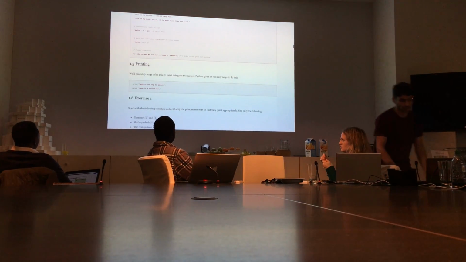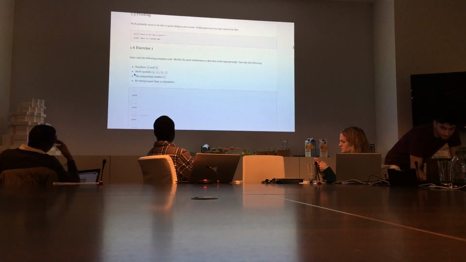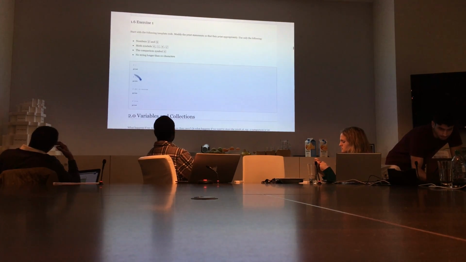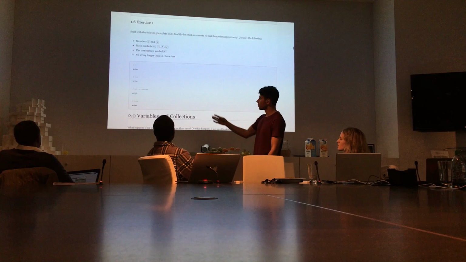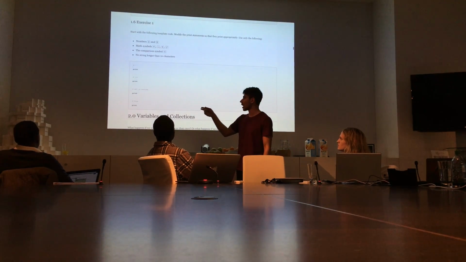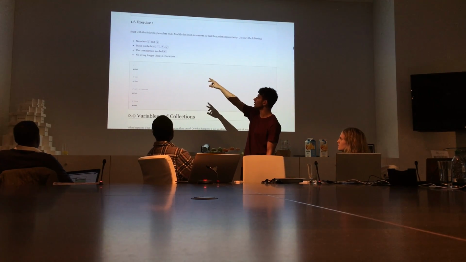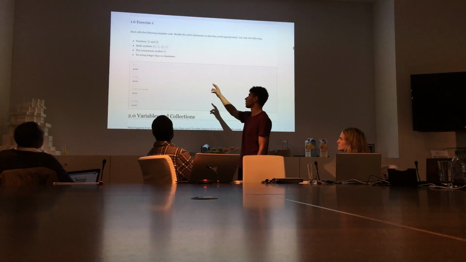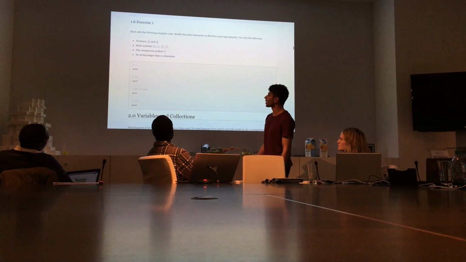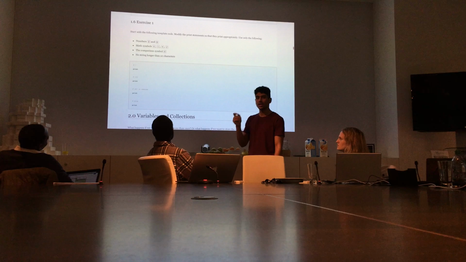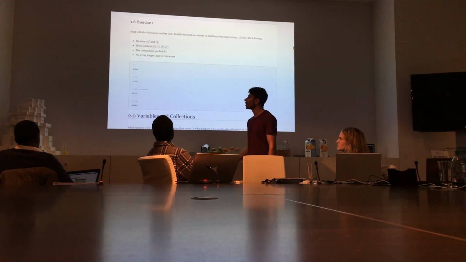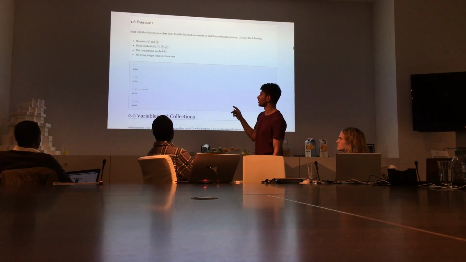Right, so the first exercise. You have 4 print statements, and you are limited to the numbers 3 and 5, the math symbols of plus, minus, times, and divide, the comparison symbol of less than, and no single string longer than 10 characters.